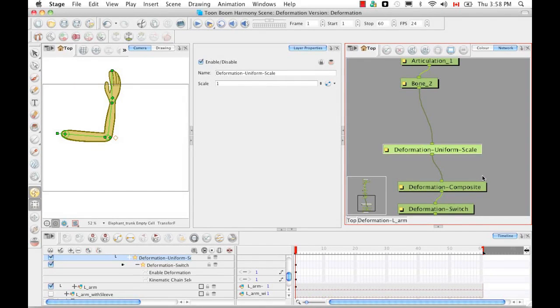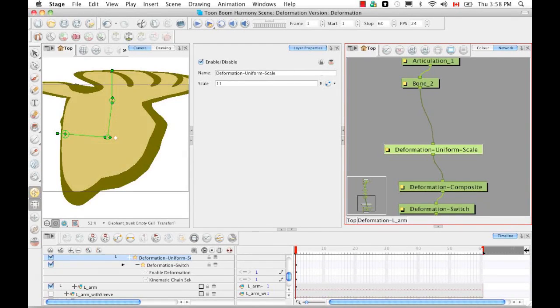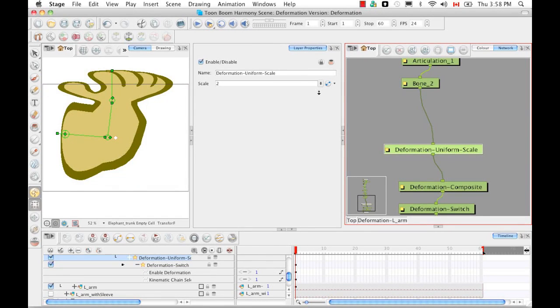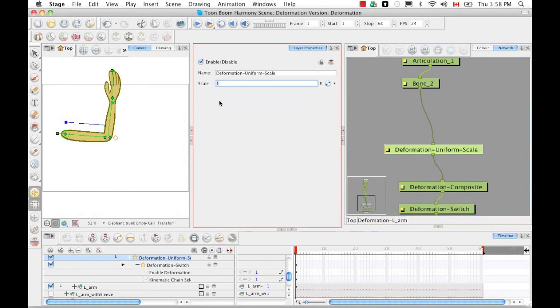And we also would like to see the controls. So let's use our Command F11 or Shift F11, depending if we're using Windows or Mac. And this one is much more simple, and also the number of properties is much more simple. So you can obviously change the scale in the layer properties panel. So obviously 11 is quite a large number. So let's just make that 2 to double the size